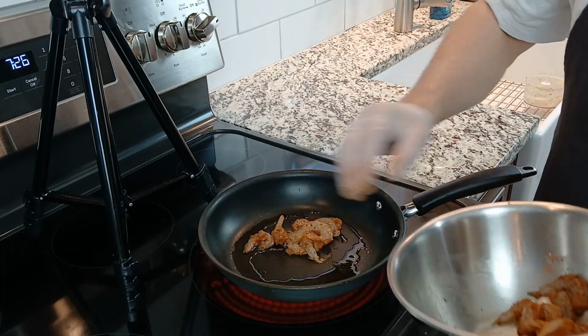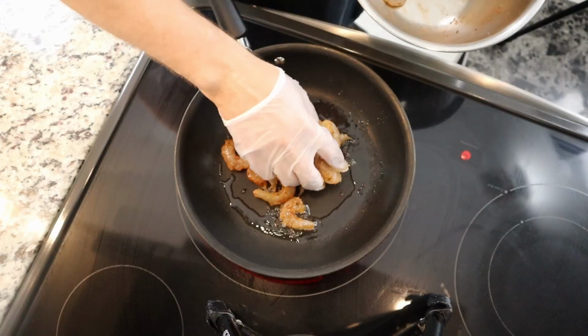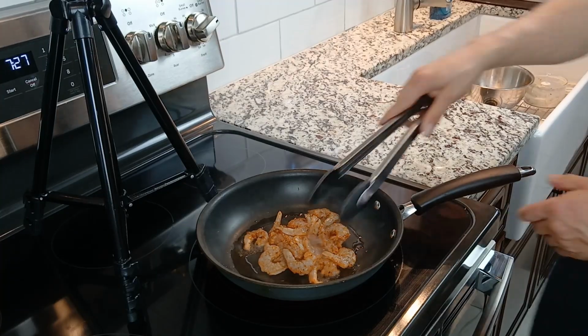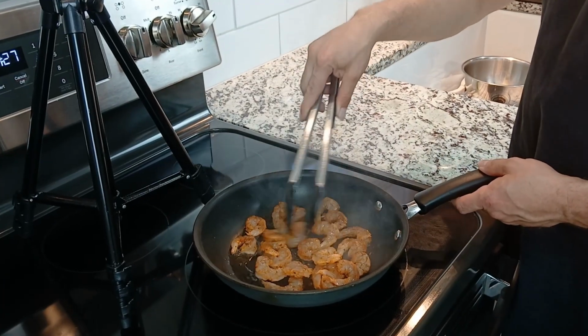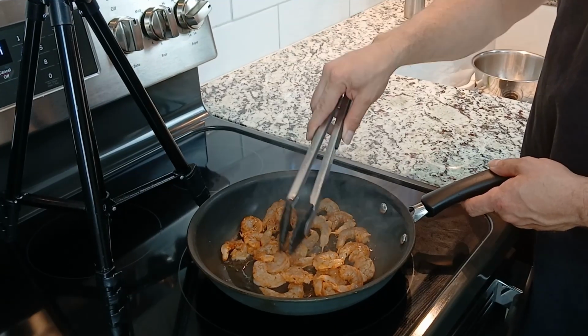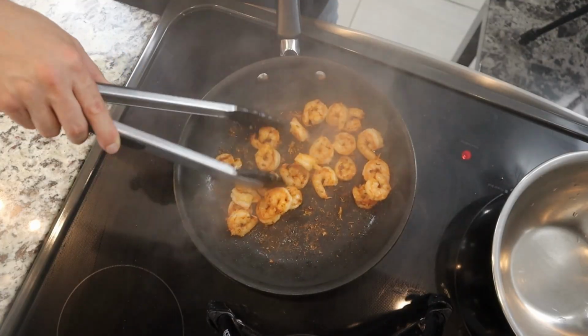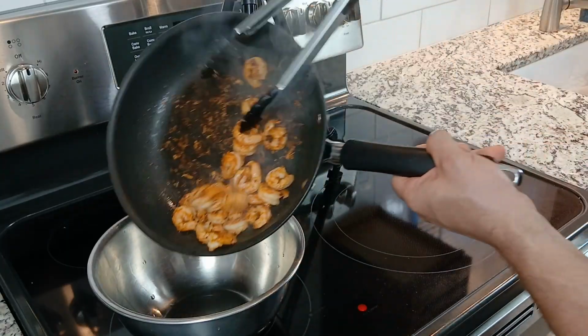And since these are smaller shrimp, they are going to cook pretty quickly. A small amount of surface browning is okay, but they will become tough if they're left in the pan for too long. It's kind of a delicate balance between toasting the spices to bloom their flavors and not trying to overcook the shrimp at the same time. So after 2 to 3 minutes on the burner, these can be unloaded into a mixing bowl,